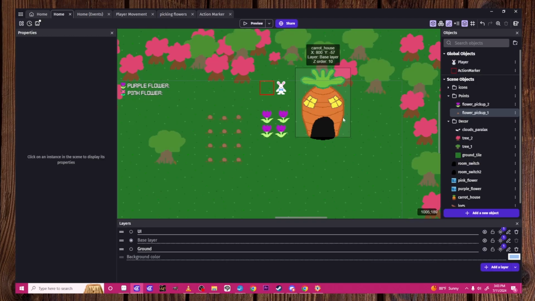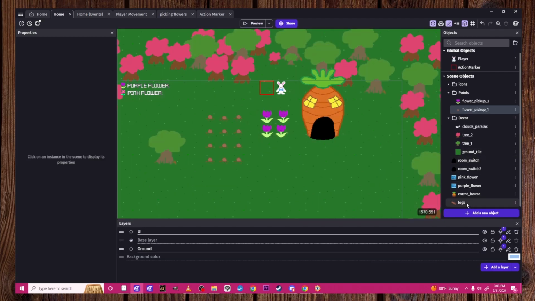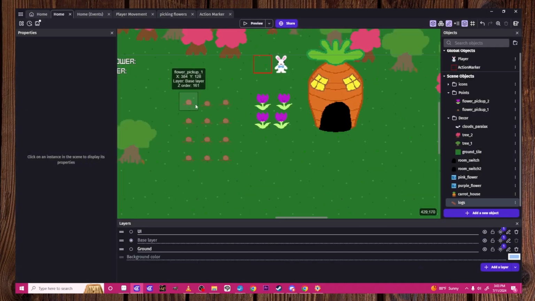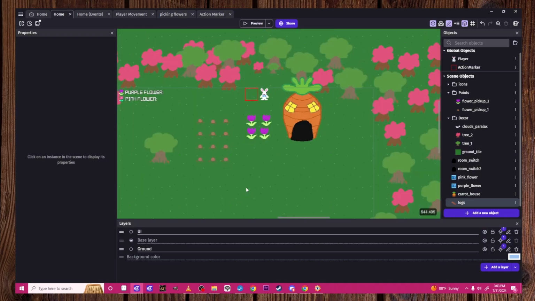I've changed the house. I made the logs sprite for the GDevelop how to make a Stardew Valley clone video, because I want to follow that. That's why I made one of these, so I can practice that. I still need to learn how to make a hoe to be able to hoe an area and all kinds of other stuff, but